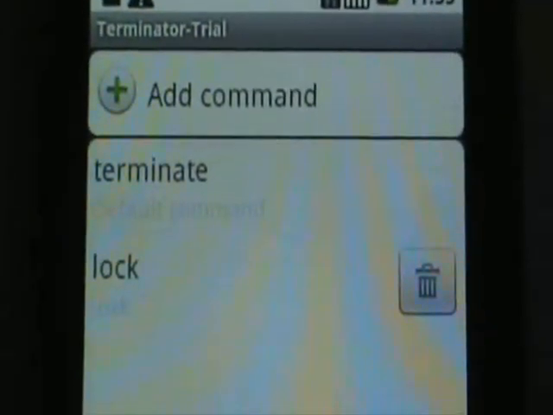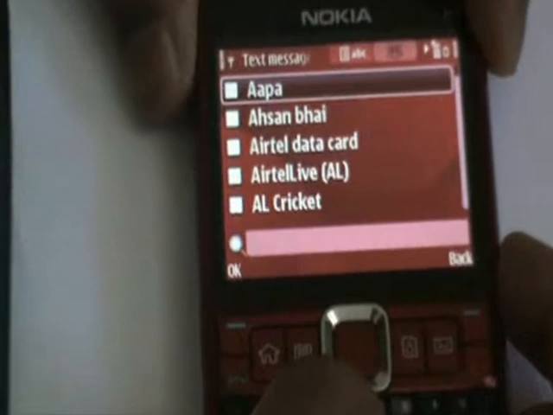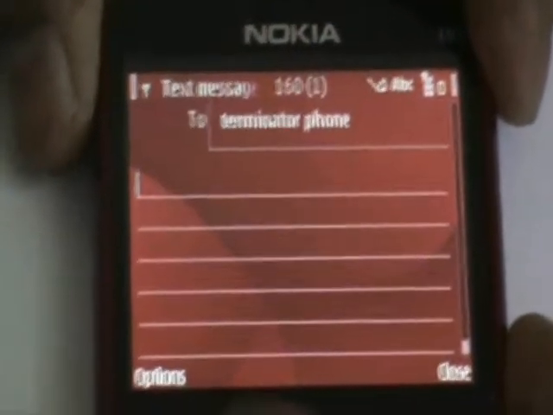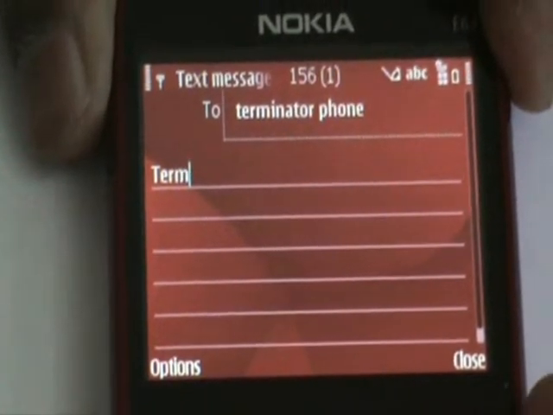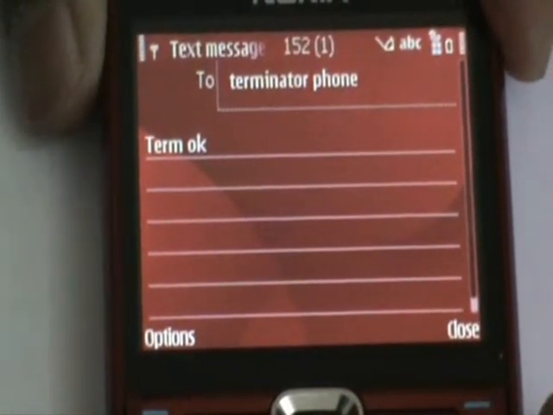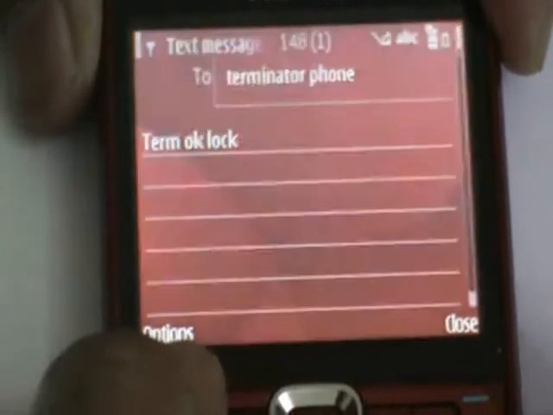So now from my Nokia phone, we will send a SMS to execute this new command. So this application name, then the password, and the command name is log, and I just send it.